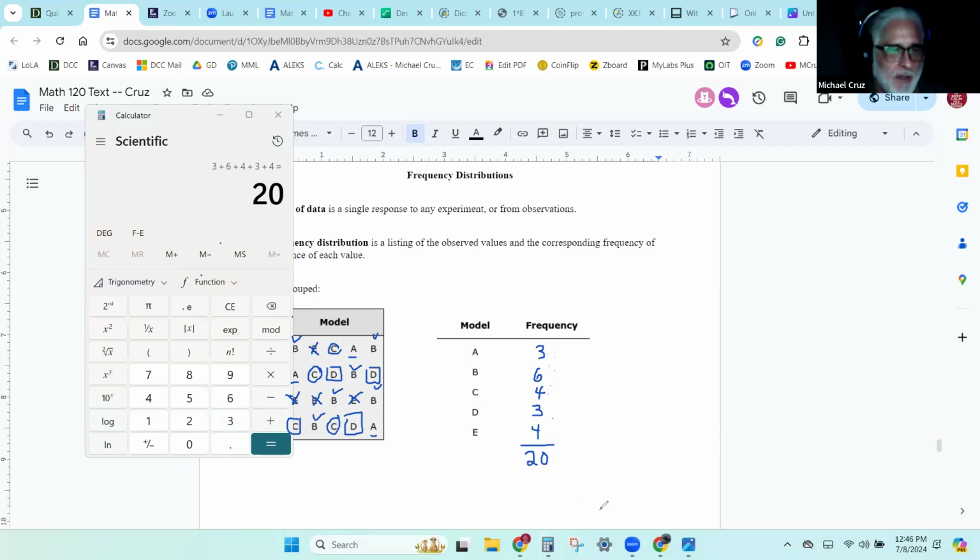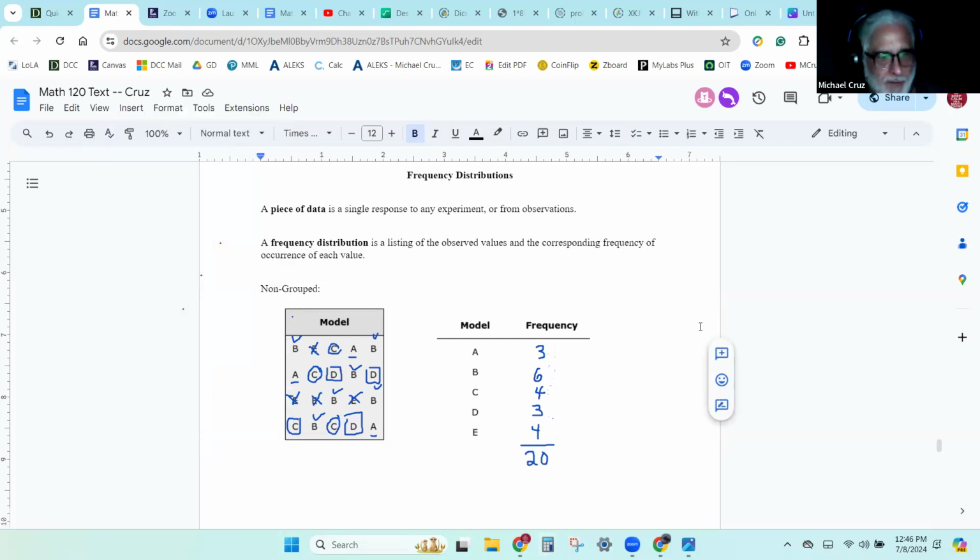So that shows that the total of all the values, all 20 values, are in here. If it came out to 18 or 19 or even 21, then we obviously did something wrong. So we have to make sure that we count every one of the items and record how many go inside of it. All right, any questions about how that works?